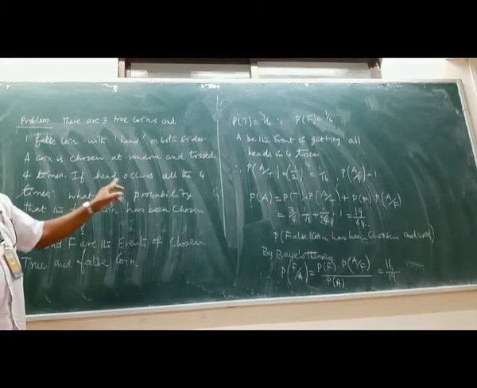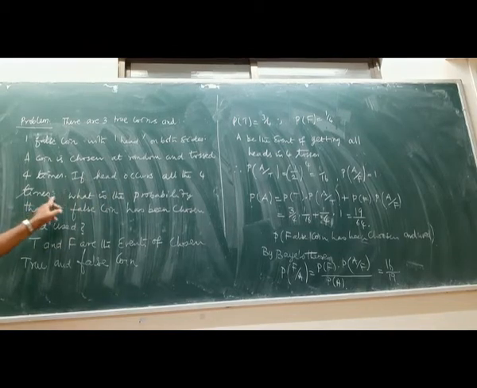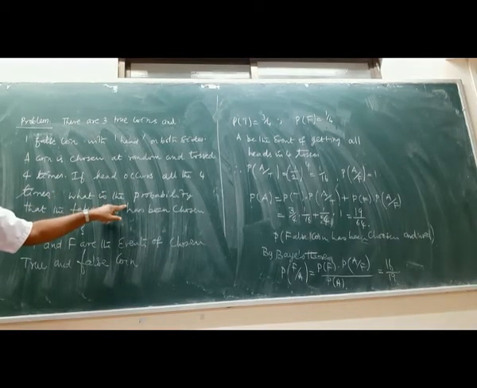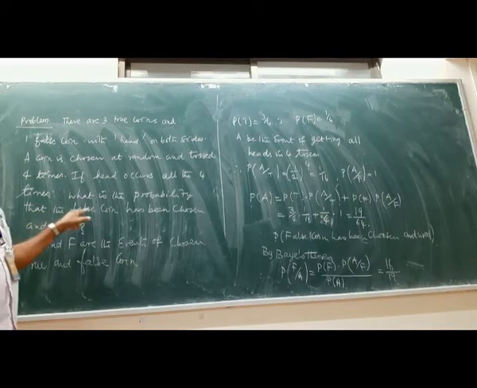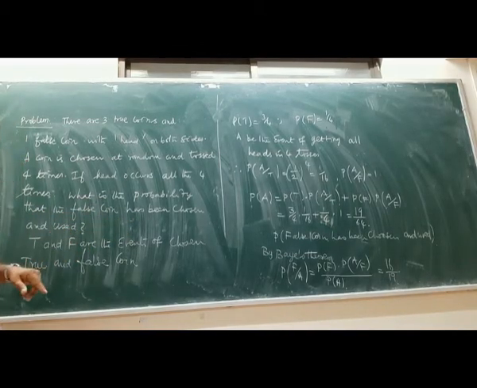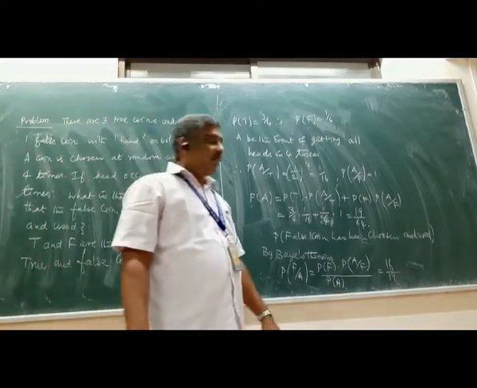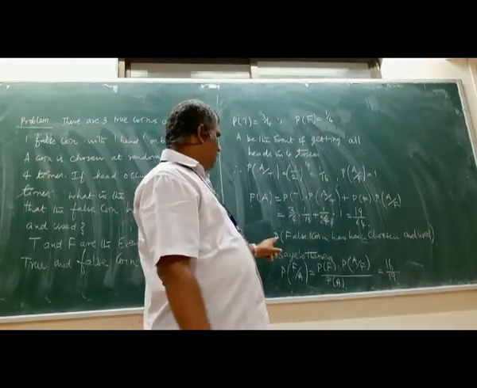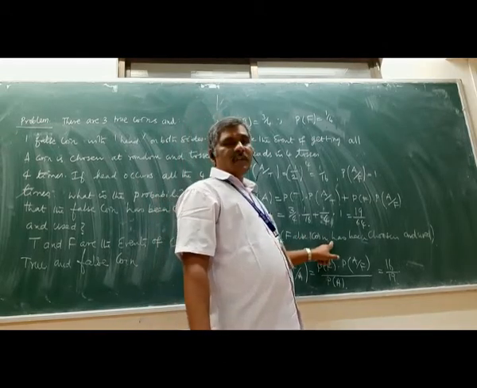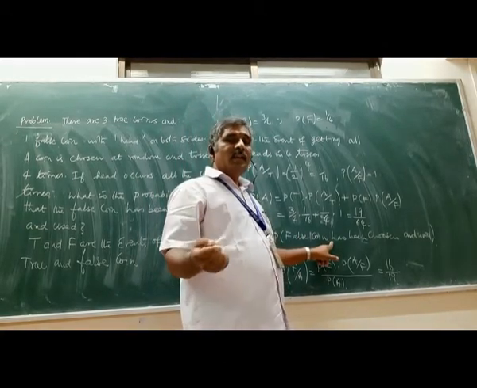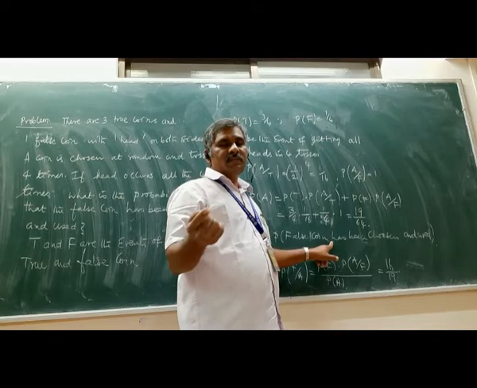if heads occur all 4 times, we completed the first part. We come to the second part of the problem. What is the probability that the false coin has been chosen and used? Now we are going to use the Bayes theorem. Based on the Bayes theorem, what is the probability that the false coin has been chosen and used when you are getting all heads